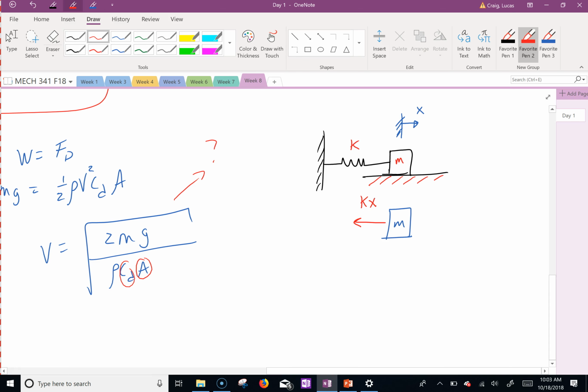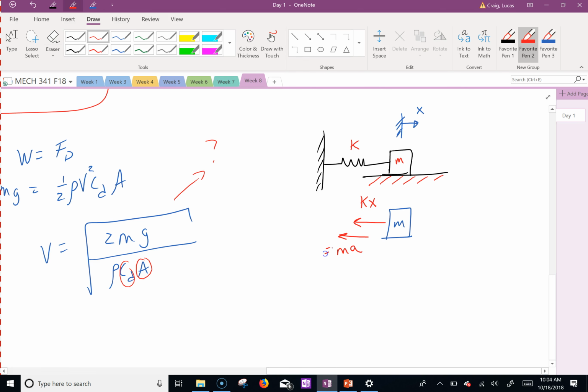Okay. And then if I move this way, which way does inertia act? Opposite way too. That's ma. Remember Newton's second law, sum of the forces equals ma? When I teach vibrations, I tell students to throw in that inertia term, because then the sum of the forces equals 0. Then you know all the forces.